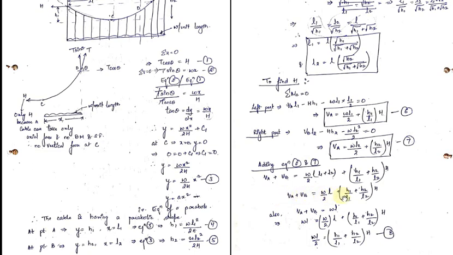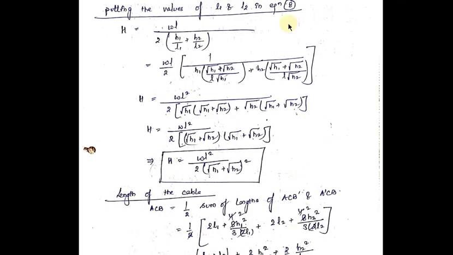Now VA plus VB equals this, and VA plus VB equals this also. So if the left parts of these two equations are similar, we can also put the right parts of these two equations as similar. So we will now put these two terms equal. After putting these two terms equal, I will get this equation, WL by 2 into this. So by rearranging the equation we got above, I will get the equation of capital H. So capital H will be equal to WL by 2 into H1 by L1 plus H2 by L2.